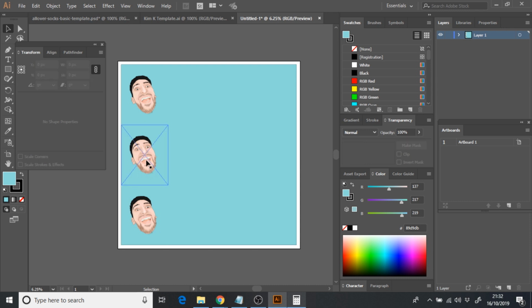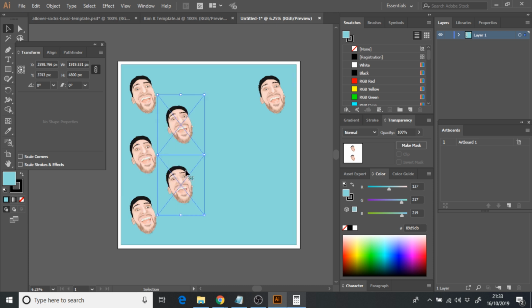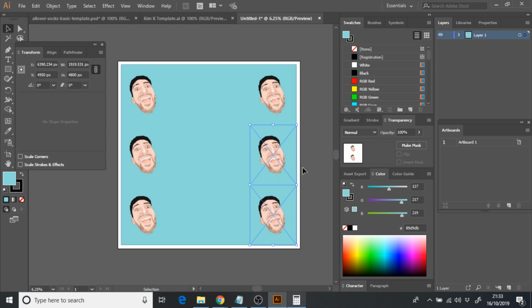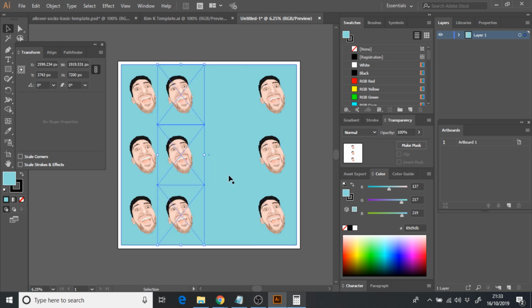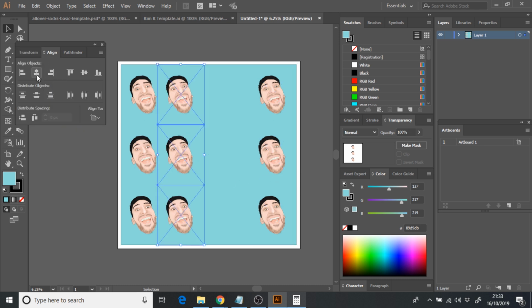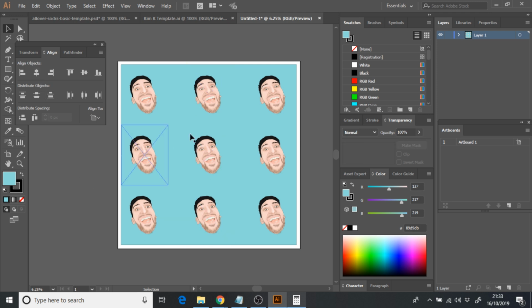So now we've done that, what we can do is we can just copy and paste this again. We can go and put it in the corners over here. So we could go 1, 2, and let's just go and copy both of them and paste them together. So if you do hold shift, you can actually go and select multiple things at once. And let's just go and do that. And then if we just hold shift 1, 2, 3, and we copy and paste like this, and then we can just go and align this last one to the center. So let's go to align, and we can just go align to center,